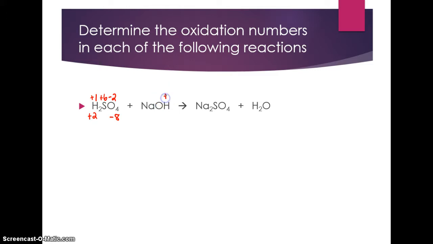In this case, hydrogen is a +1, and that's easy because it's 1. Oxygen is a -2, and that's going to be -2. And now I know my whole compound has to be 0. So I know that sodium needs to be a +1, because +1 minus 2 and +1 is going to equal 0. And that matches up with its charge, so that's pretty good. Here, I'm going to make oxygen a -2, and so that's a -8. And then when it comes to figuring out